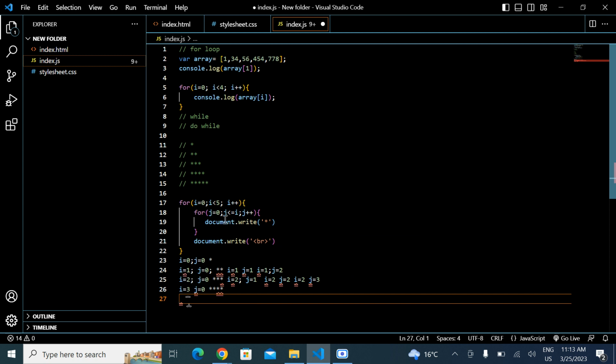So next time the value of I was 3, I becomes 4, and j is 0. 0 is less than or equal to 4, 1 is less than or equal to 4, 2 is less than or equal to 4, 3 is less than or equal to 4. But when j becomes 4, 4 is less than or equal to 4, condition is true. Now when j becomes 5, 5 is less than or equal to 4, condition is wrong, so it will give a